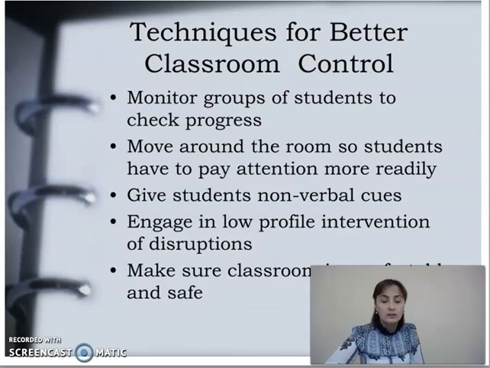Then, after explaining the new material of the lesson, we may make some small groups in the classroom, and we should control how they are doing the tasks. For this, we should move around the classroom and be aware of their actions. Are they really busy with doing the task, or are they busy with nonsense, for example, playing mobile games or chattering with their friends on social networks or something else? So that is why, in order to be aware of their actions, we should walk around the classroom.